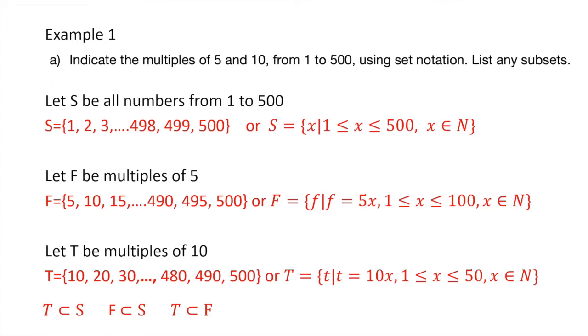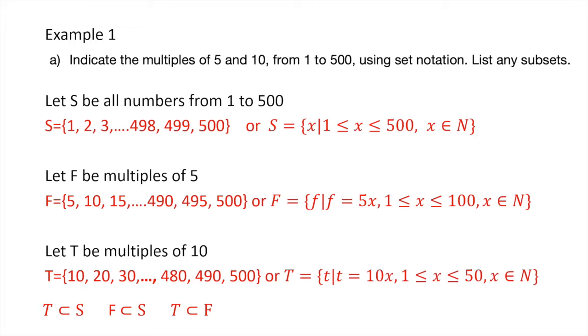The first thing we need to recognize is that the universal set in this case is going to be all the numbers from 1 to 500. And so our first set there on the left is, in fact, all of those integers. But there's another way that we can represent these if we want to use more advanced set notation. And so the equation on the right says the following, that S, which we've defined to be all the numbers from 1 to 500, is equal to the set, the squiggly bracket represents the set of all values of x,